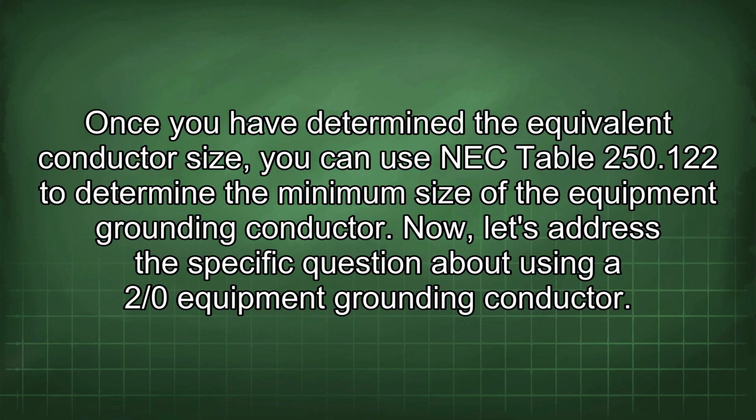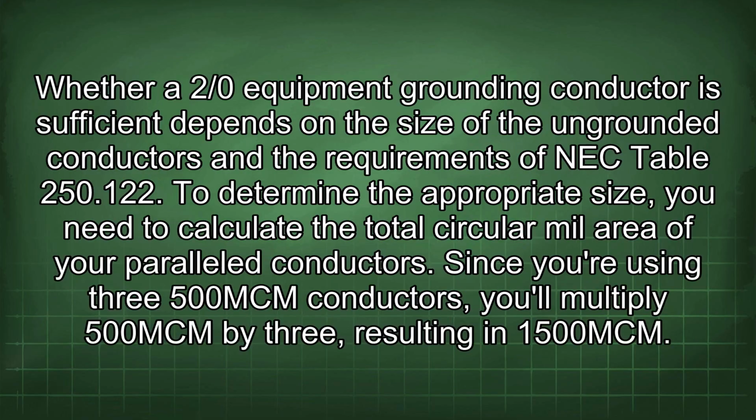Once you have determined the equivalent conductor size, you can use NEC table 250.122 to determine the minimum size of the equipment grounding conductor. Now, let's address the specific question about using a 2/0 equipment grounding conductor. Whether a 2/0 equipment grounding conductor is sufficient depends on the size of the ungrounded conductors and the requirements of NEC table